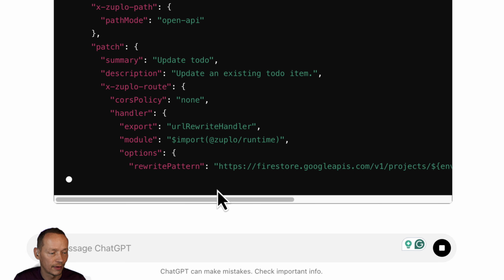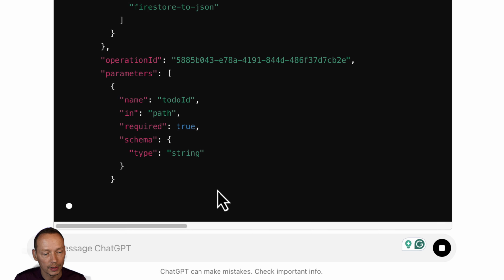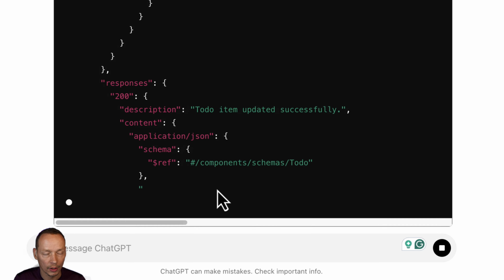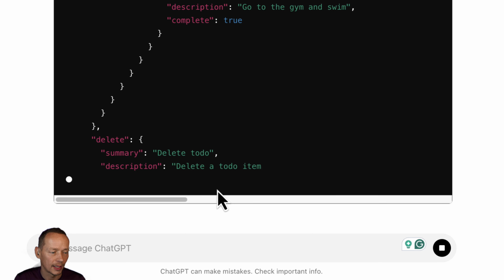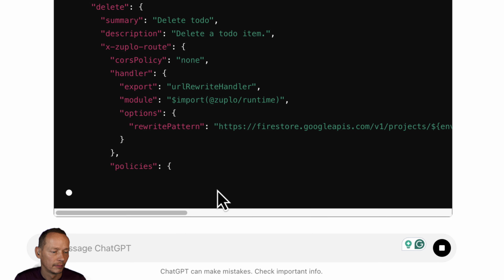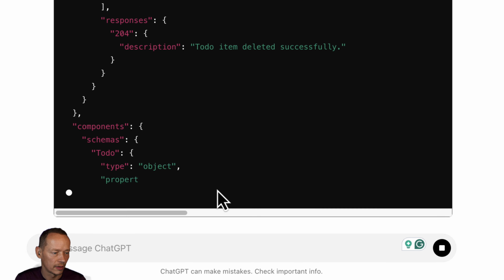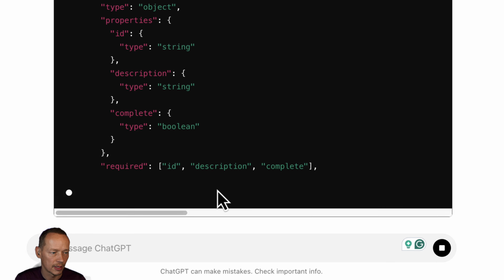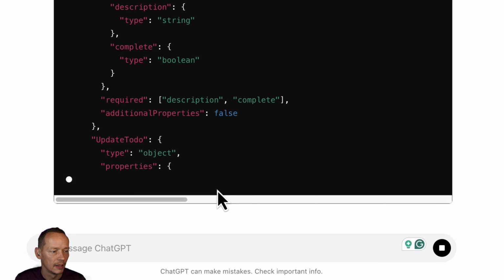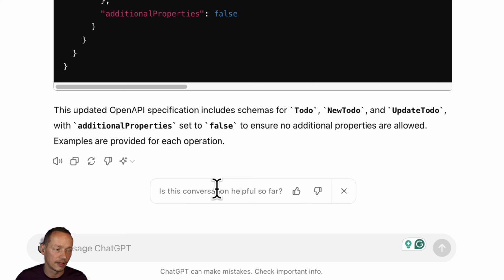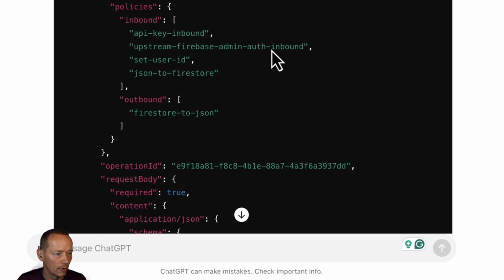So let's just let this finish here. It's just going to take a second because we'll take this and we'll paste it back into Zuplo. We'll just make sure everything's working. It's not broken it. Can be a little risky. I think we're almost there. It's on delete now. I wonder if it's finished the schemas. Okay, it's writing the schemas now. So there you can see a schema being generated and we need a different schema for new to-do versus update because some have IDs and some don't. So let us go and